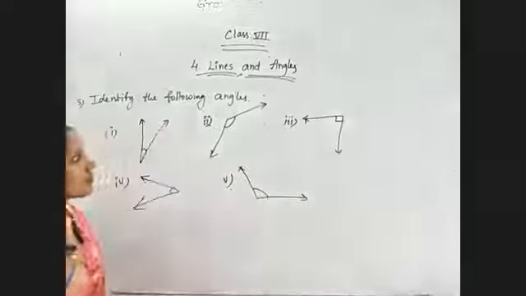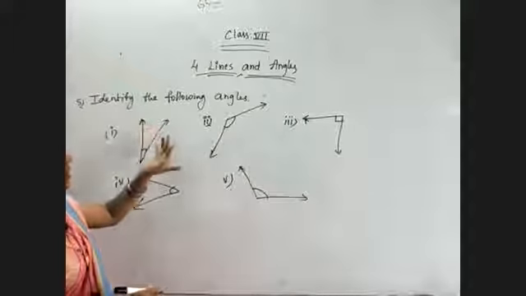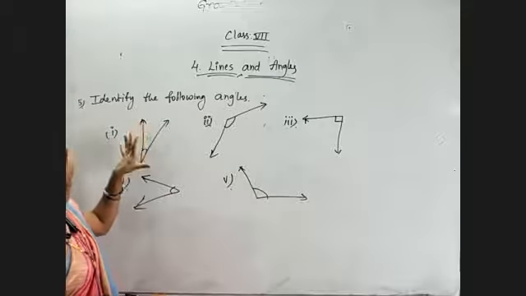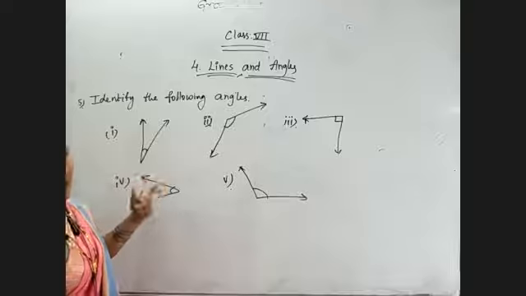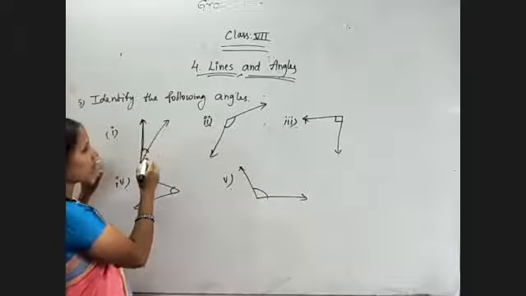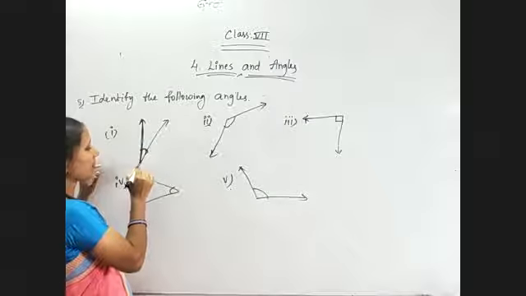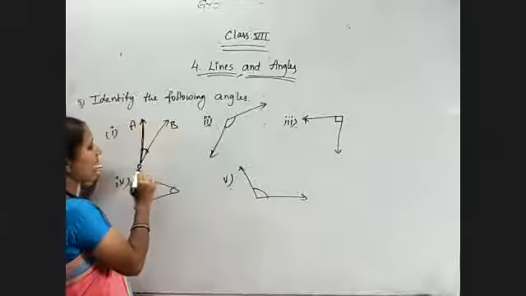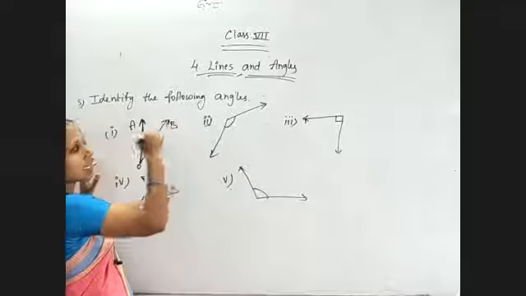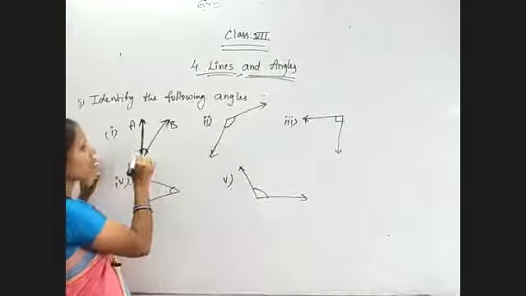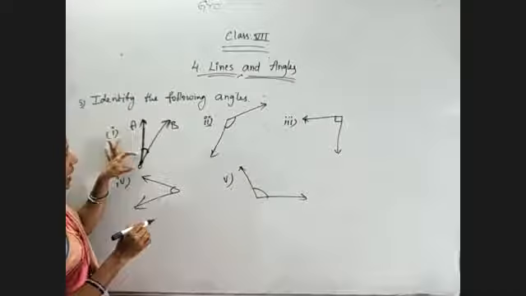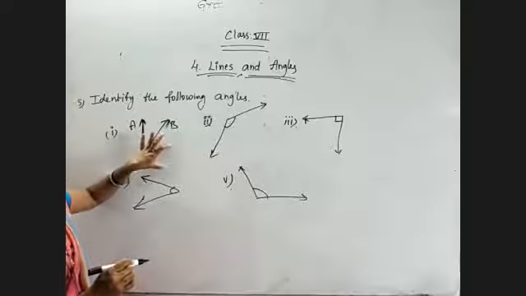okay, just observe. As I told you, whenever we are getting figures like this, the measurements are not given. For that sake, by observing the figures itself, we need to tell which type of angle it is. So for that, take any one of the sides of the angle. Side is nothing but these two. For suppose I am giving the names O, A, B. Here the angle is O. OA is one ray and OB is another ray. They are meeting at O. That's why they are forming an angle O. OA and OB are the two arms of the angle O, the two sides of the angle O.